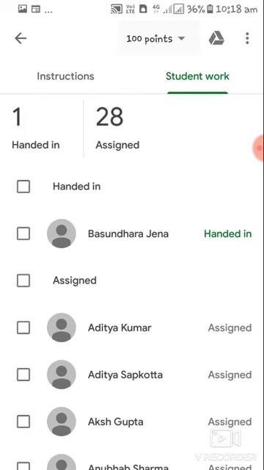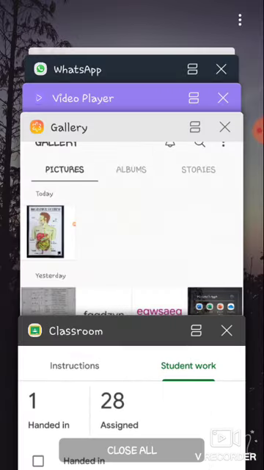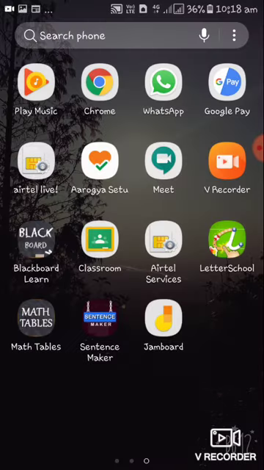So let me come to the student end and tell you how to use mobile to access the assignment, because it is difficult for all the children to have a laptop. That is why I am using my mobile and come to use it in a handy mode. So I am trying to log out from here and using again Google Classroom